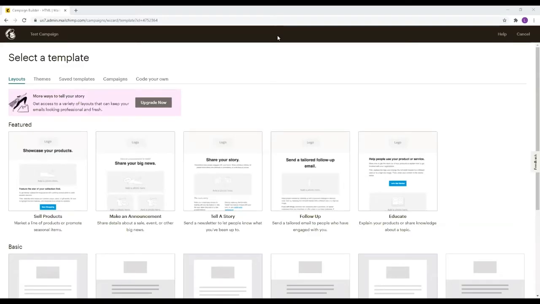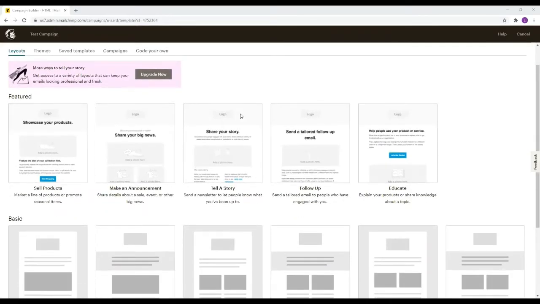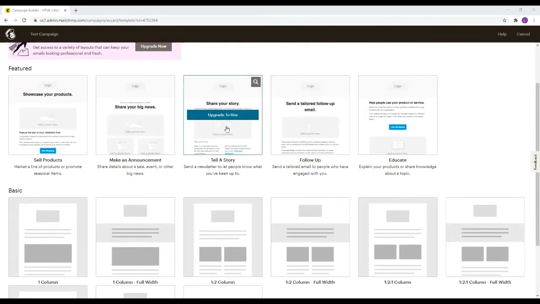Okay, so at the time of creating this video, we're using the Classic Builder, and there also is a new builder currently in its beta mode. But for the moment we're going to use the Classic Builder, because if you can effectively use the Classic Builder, then any new builder that does come into place you'll be able to work with even greater ease. So we'll go through the basics of the Classic version. In this free version of MailChimp, you get access to this small selection of templates.